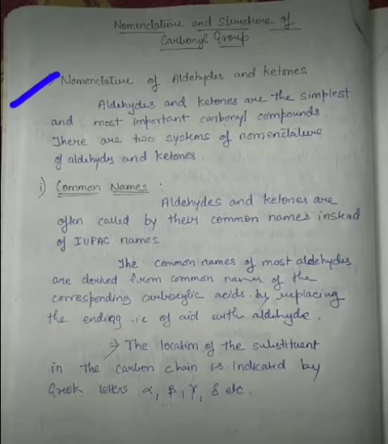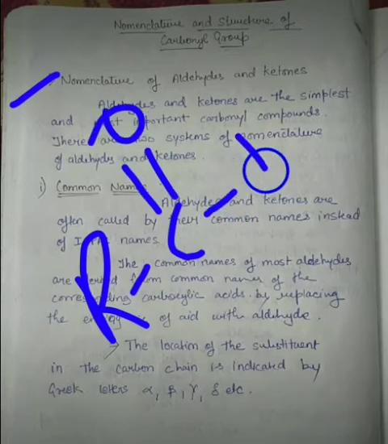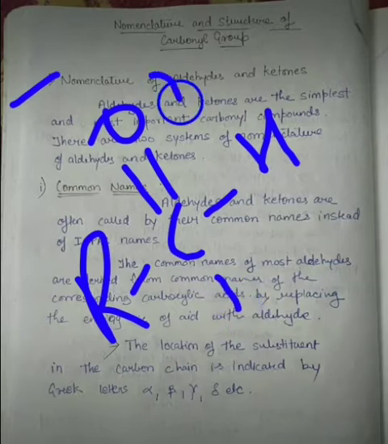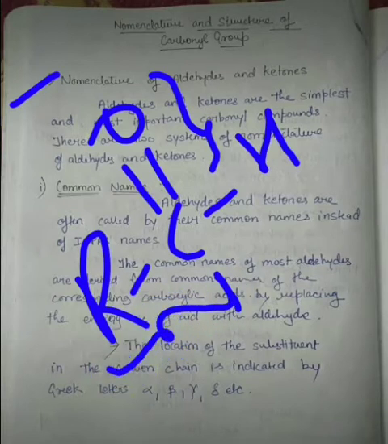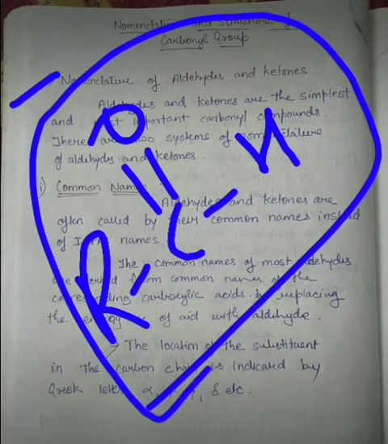So if we are talking about aldehyde, then here the carbonyl group is like this. That is one carbon atom, two bonds of the carbon atom are bonded with oxygen, one bond is with an alkyl group and one bond is with a hydrogen atom. So here you can see that any skeleton having this kind of structure is called an aldehyde.